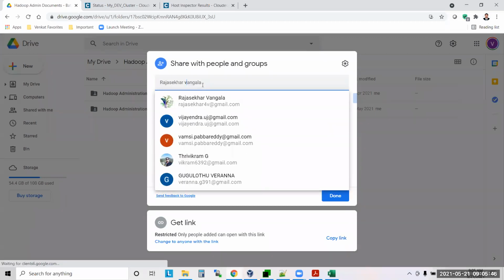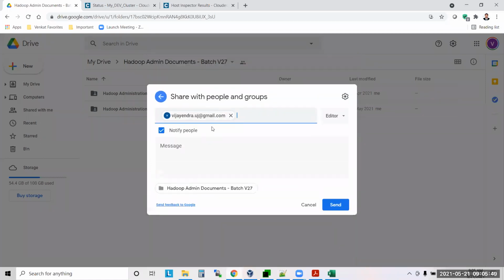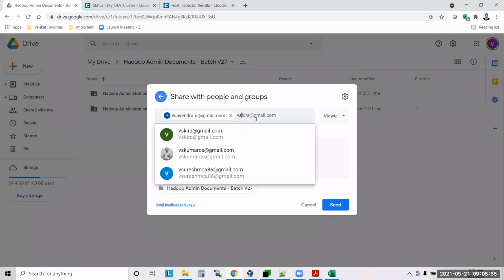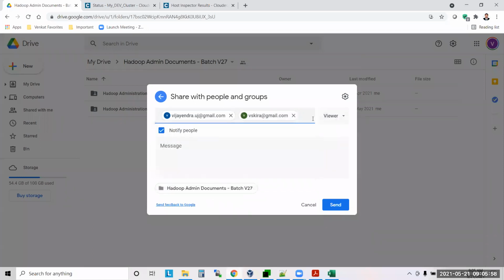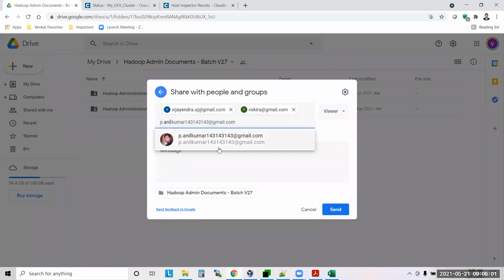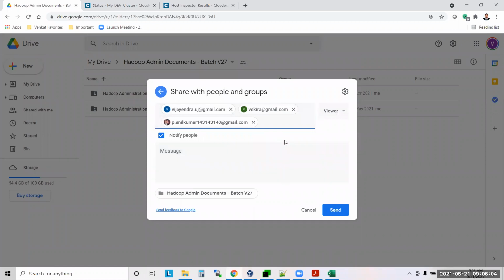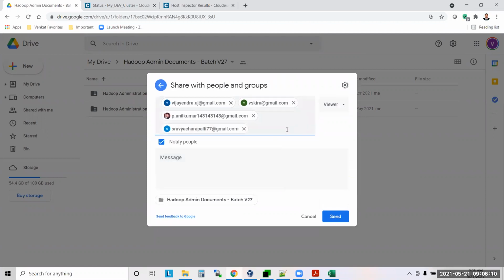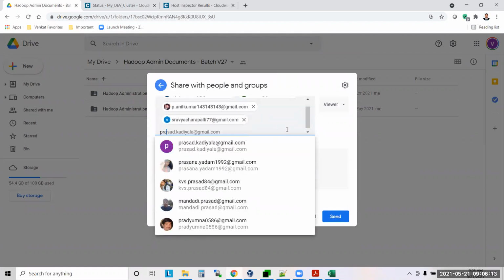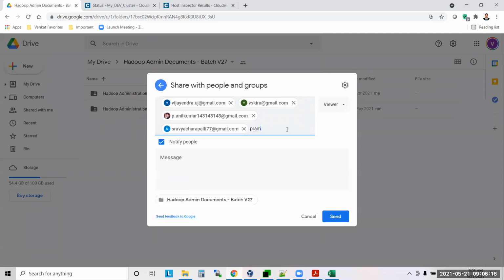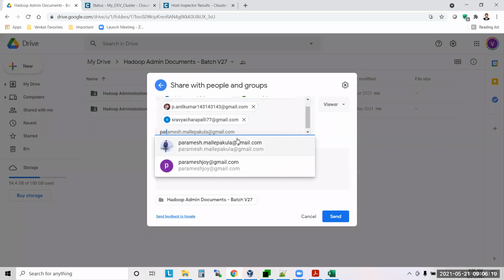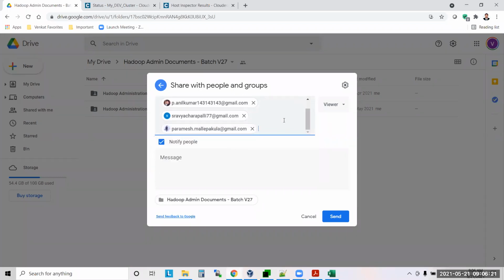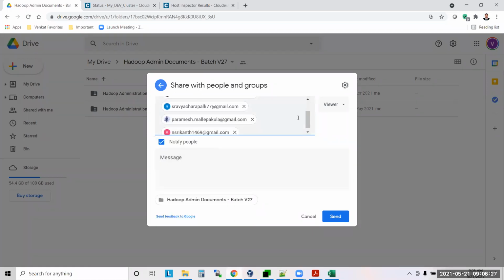Vijayendra, Vijay. Next. Add me also. Anil also. Sir, you're already there. Next. Shravya Charapalli. Done. Next. Paramesh Maldapakla, right? Yes. Next. Srikanth. Okay. Next.